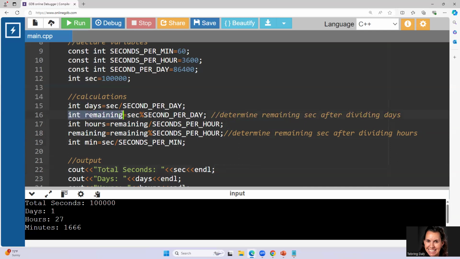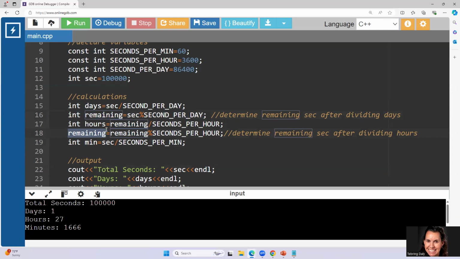You notice up here that I put int remaining, but down here I didn't put int remaining. Does anybody know why I didn't put int remaining again? You already clarified it, isn't it? Yes, perfect. I already told C++ it's an int, and if I tell it again, it'll get upset. So you tell it the first time, and then you don't tell it again. I already know that memory location. I'm just using it. And every time you say remaining equals, you're just replacing the value you had in there